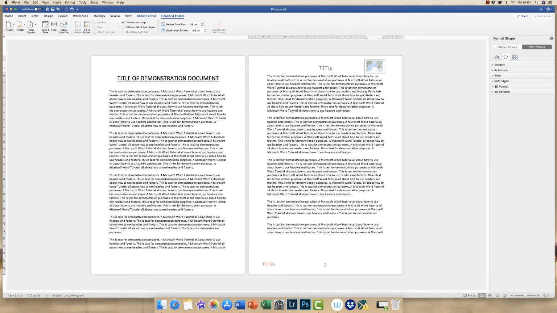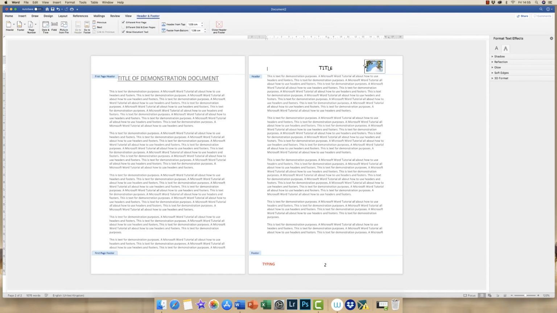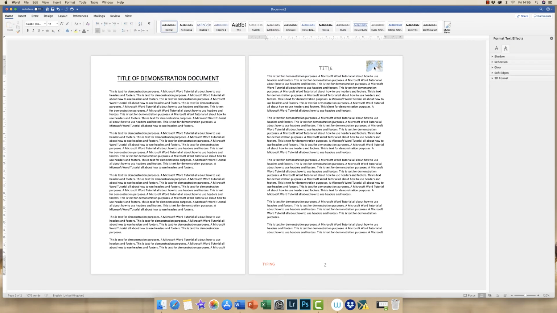So if I click off now, you can see that I've got the border of the text box and the background default is white. In order to get rid of this border and the background, I double click, go to my header and click on my text box, and again go up to Shape Format, go to Shape Fill and No Fill, Shape Outline, No Outline. And if you double click off, you can see now that I've got my logo or my picture. And again, for demonstration purposes,